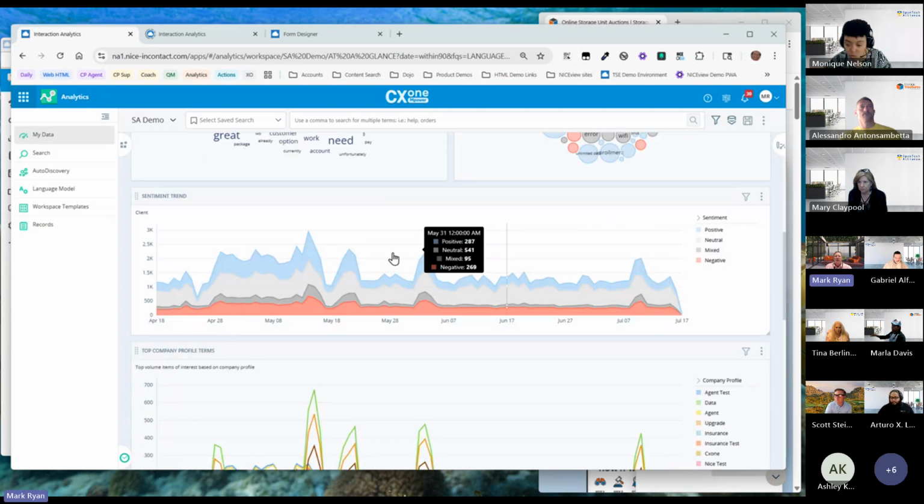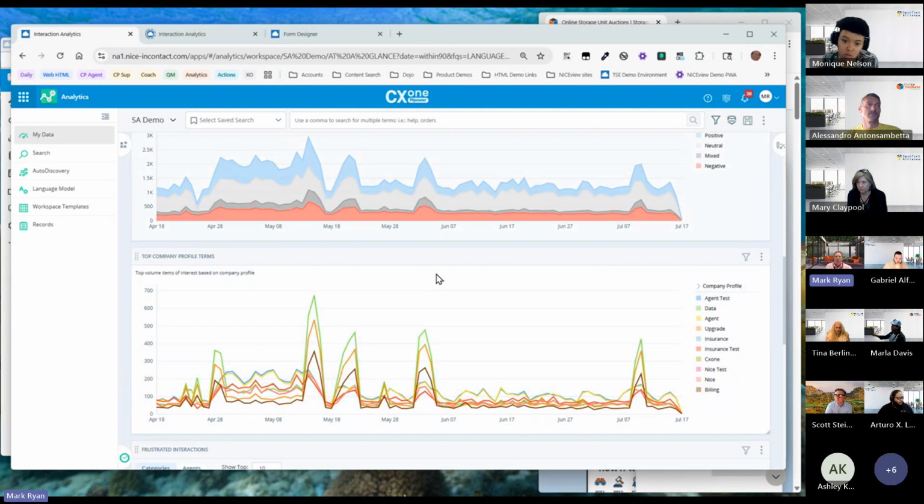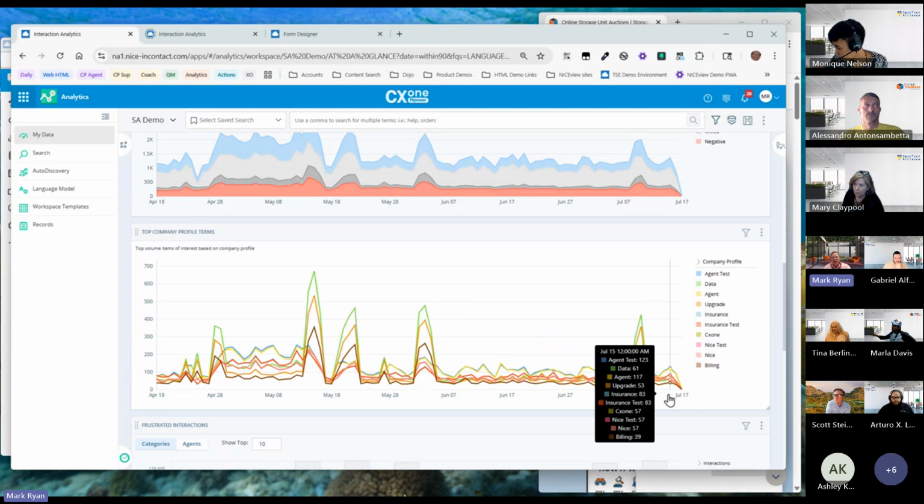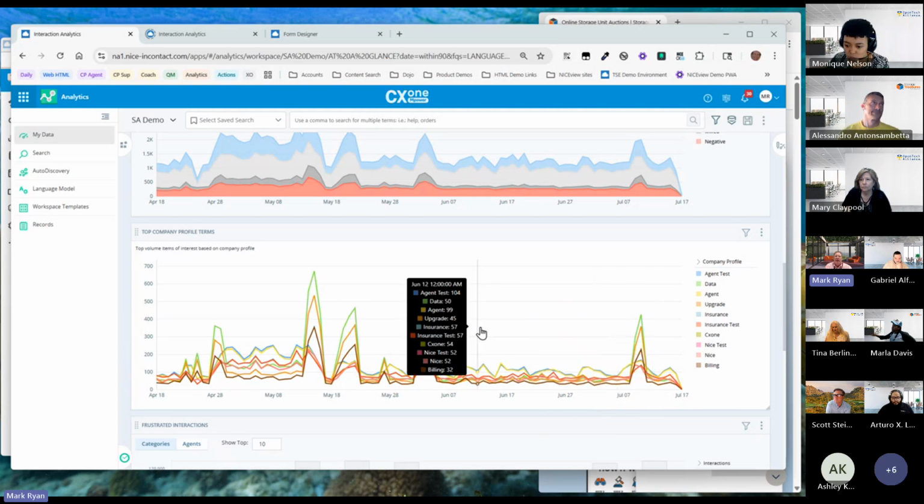Again, we talk about some of the sentiment trends, profile terms. We're looking at terminology. Again, we're looking at all of the words. So we're capturing phrases. Do you hear specific terms? Do you hear phrases? Do you hear a substring? So we can look for phrases that have certain words that are close in proximity to other words. And so we can get very detailed in the examination of what we're looking at, even to the point that